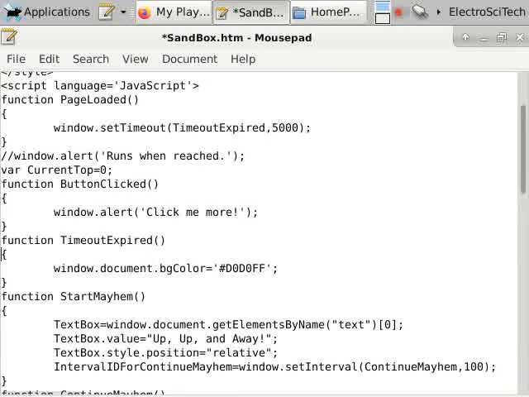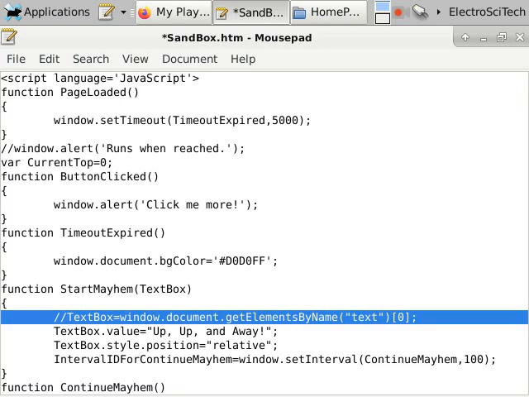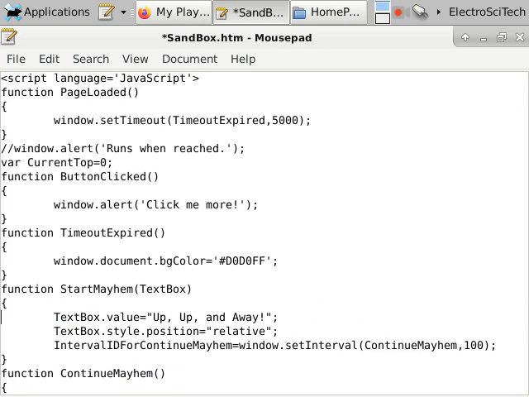Now, I do not have to refer to that as the same name here as I did when I passed it, but I do need to refer to whatever it is in here. So here I'm just going to say text box, and that means I can just eliminate that call. So what this means, this is a comment, single line. What that means is the computer is going to see this, and it's pulling in this text box from the argument, not from